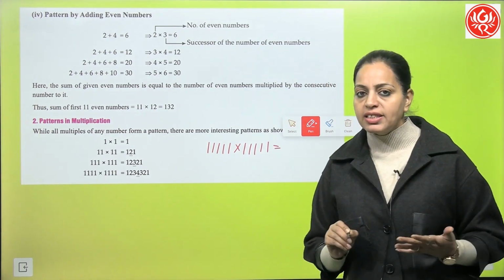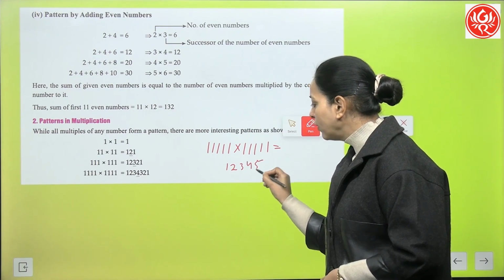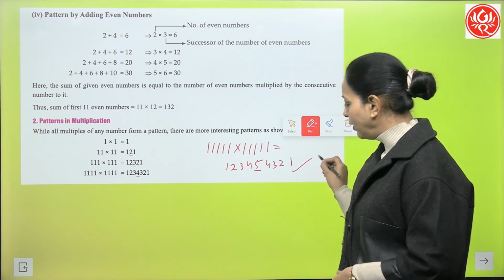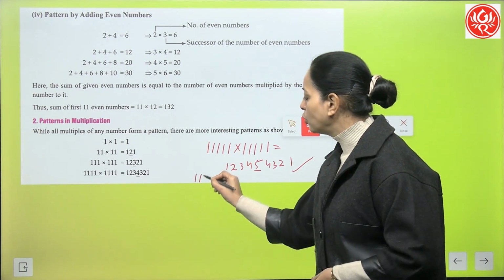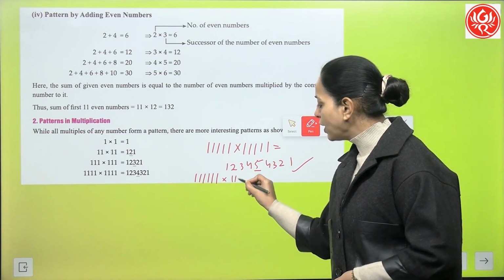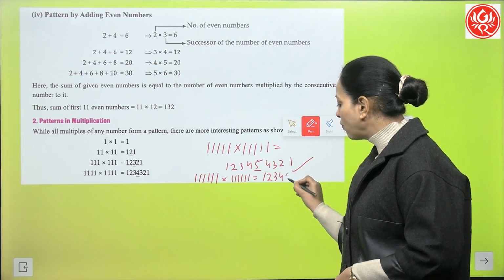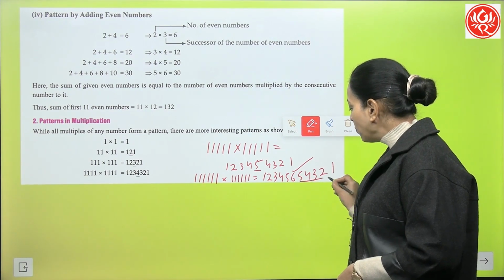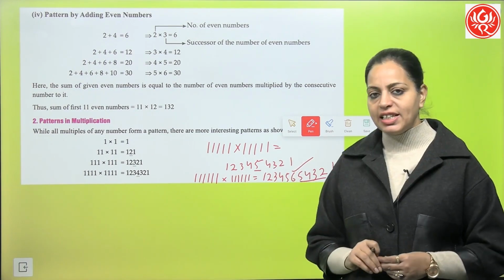Can you tell me the answer? Yes, it would be 1, 2, 3, 4, 5, with 5 in the middle. Now 4, 3, 2, 1. Very interesting. Similarly, you can try 6 times 1 and 6 times 1. Then it would be 1, 2, 3, 4, 5, 6, then 5, 4, 3, 2, 1. Then we have to write it in decreasing order. Okay? I hope this is clear to you.